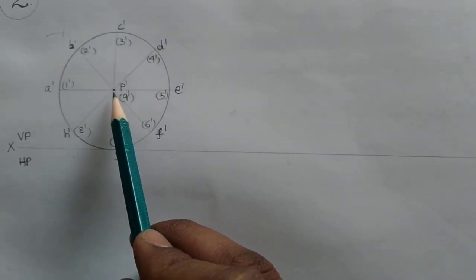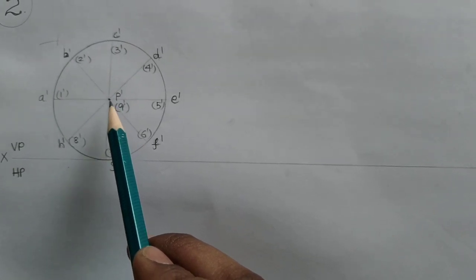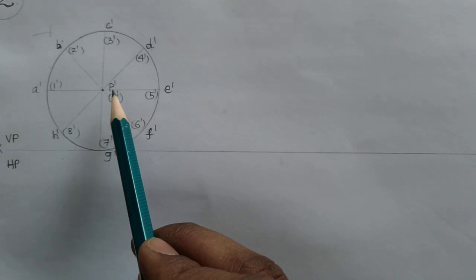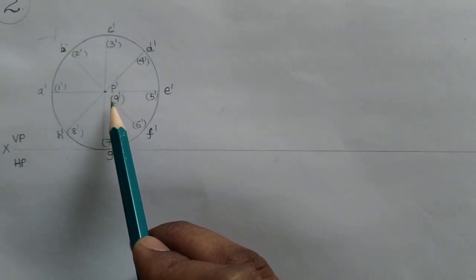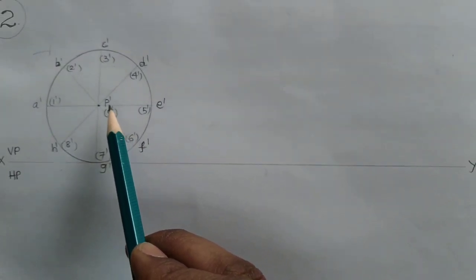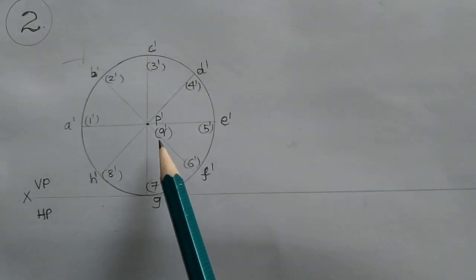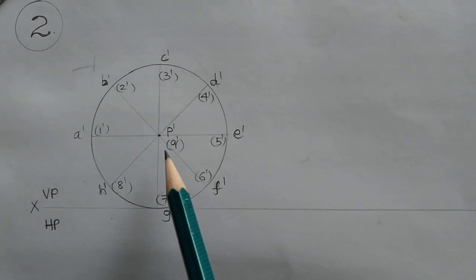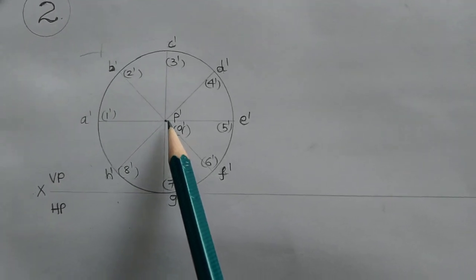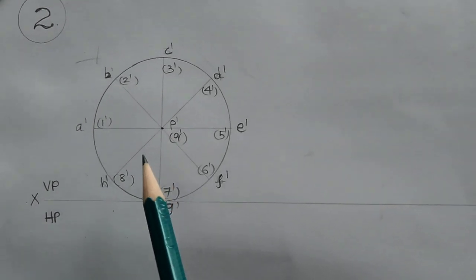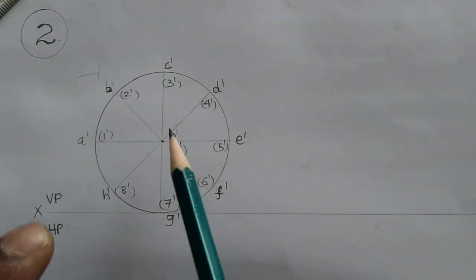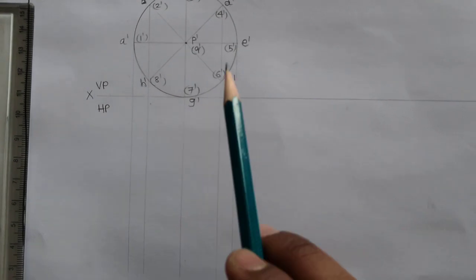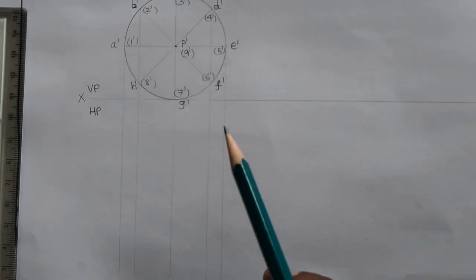If you come to the center, P dash Q dash, that is representing the center of the front surface, that is P dash, and center of the back surface, that is Q dash. That is why we kept Q dash within the braces. And P dash to Q dash is an imaginary line which is called axis. So this particular point is representing the axis of the cylinder in the front view, and after that we can project every point downwards. In this way we can project all the points downwards.